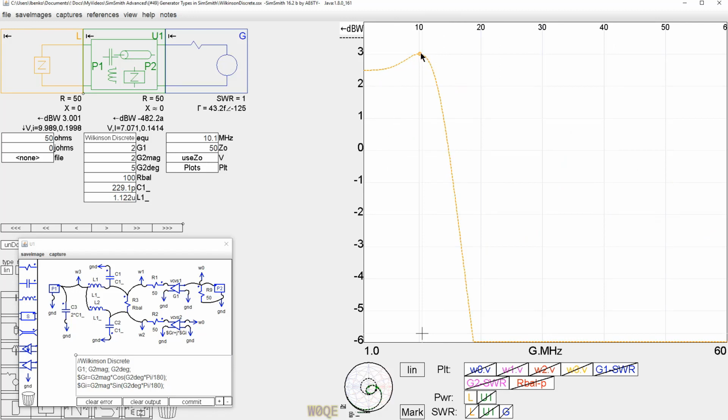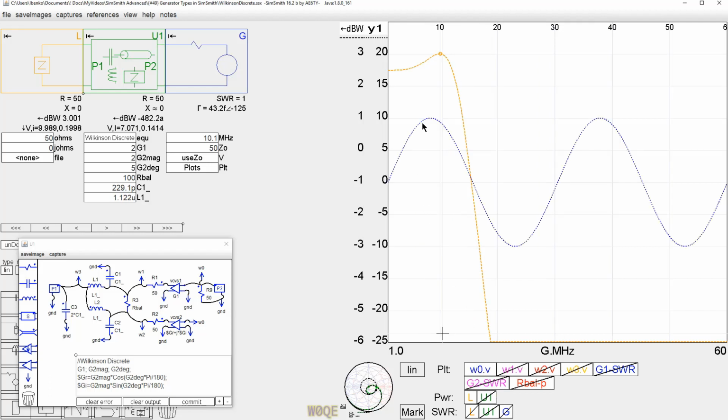We see plus 3 dBW. This is a 1 watt source. Each one of these is a 1 watt source. They have a gain of 2 in series with a 50 ohm resistor, so it becomes the same W1. Well, let's look at W coming in. W0 coming in is a 10 volt peak signal, which is 7 volts RMS. W1 is